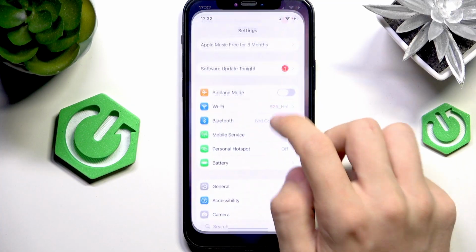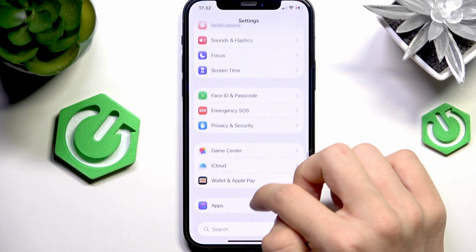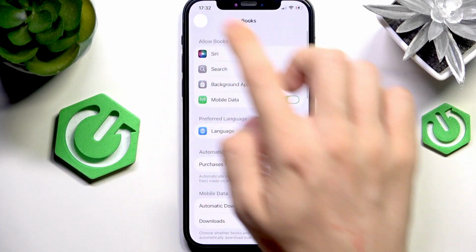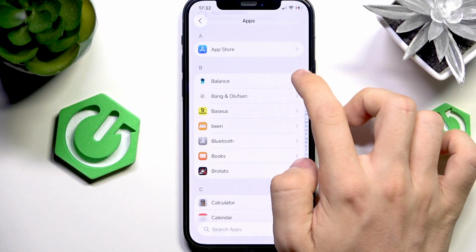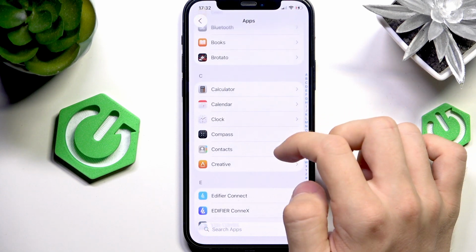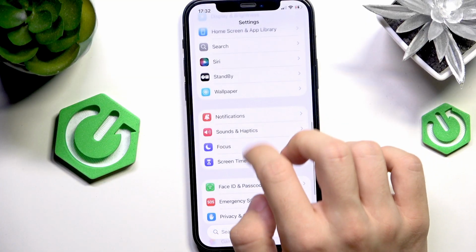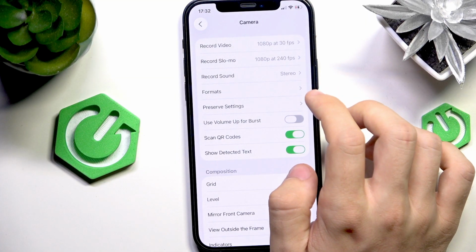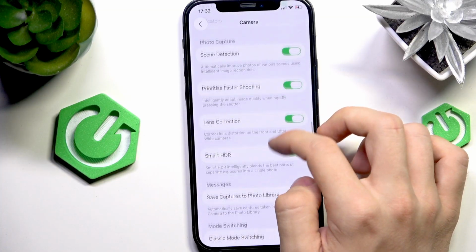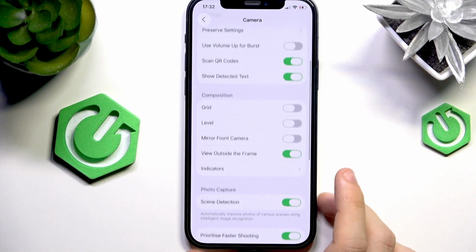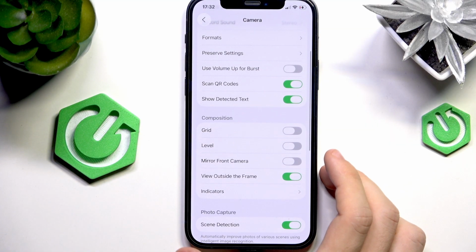You can go to the settings, then go to apps, and go to camera or any other app that you used to record the video. See, I don't have the camera app right here. Oh, okay. Because the camera app is actually here. So there won't be a thing about the microphone because it just uses the microphone. It's the camera app, right? But